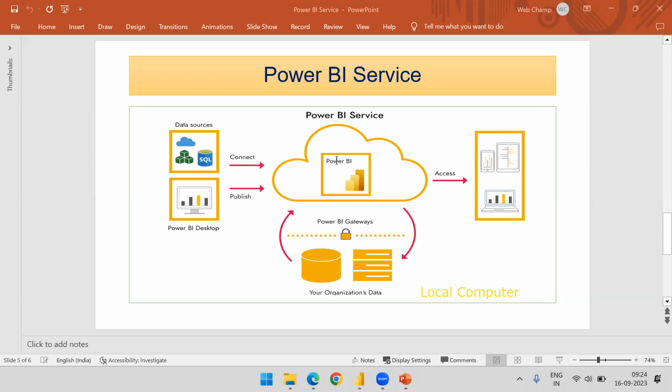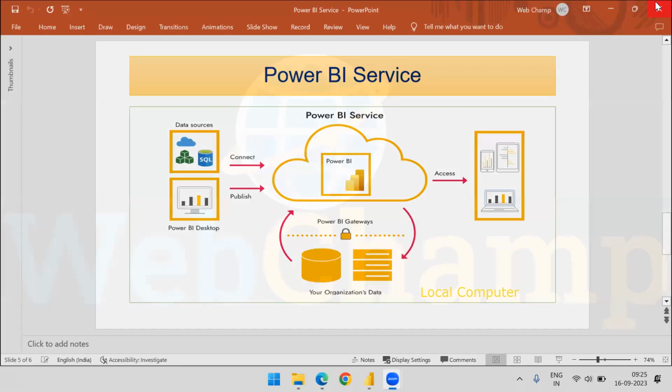So to make the connection between these two, meaning the Power BI service and your computer, there is something called Power BI gateway. This is just used to access your on-premises data from the service. Then once the reports are published or created on the service, that can be accessed by whoever has access. So this is how Power BI service works,